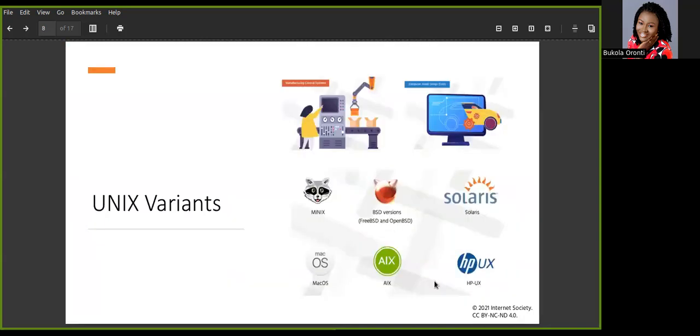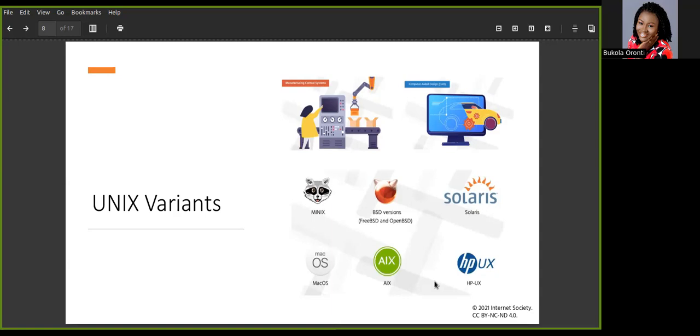So examples of Unix variants, that is, operating systems that were developed directly from the Unix source code, are Minix, the BSD, that is FreeBSD and OpenBSD, Solaris, Mac OS, AIX, and HP-UX.